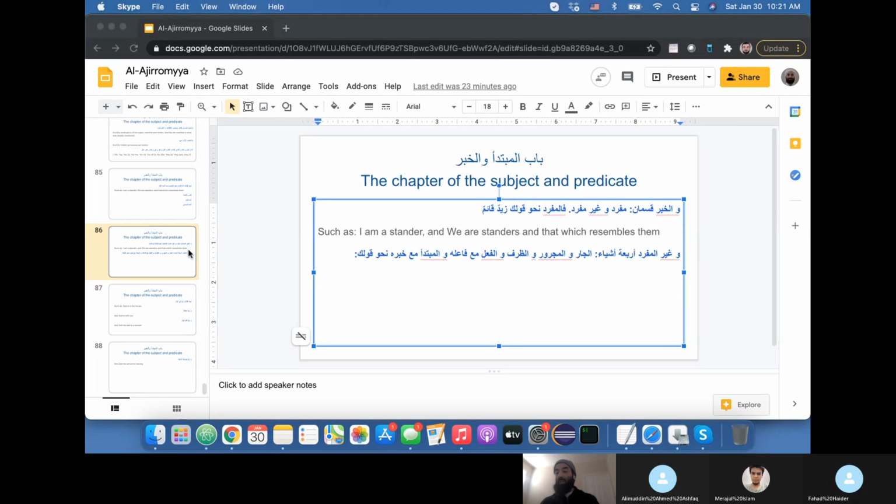So we have reached the chapter of the subject and the predicate, right? The nominal subject and the predicate. And if you remember, we are still in the parent chapter of marfu'atul asma, meaning the nouns that are marfu', that have the inflection of rafa. So here, what we will do is